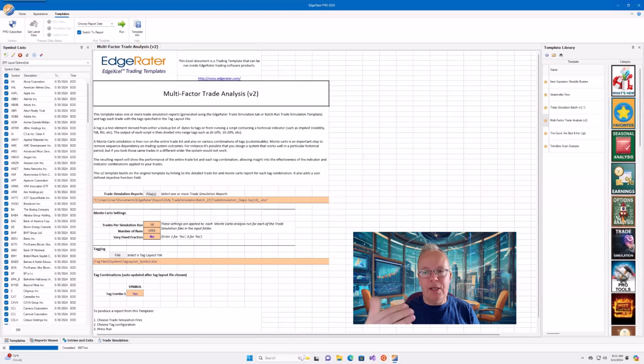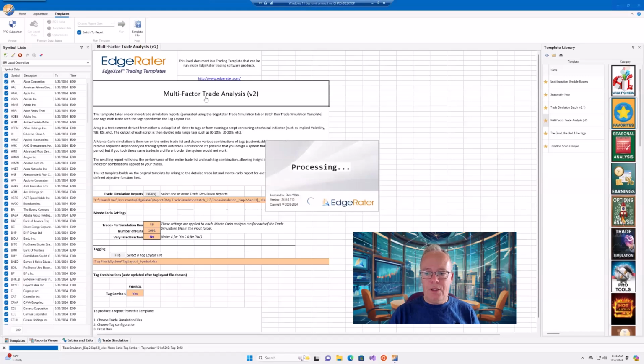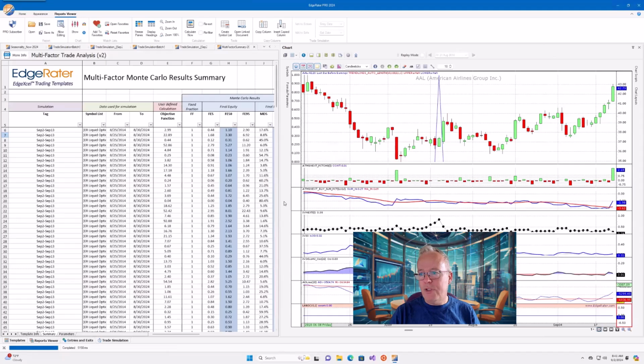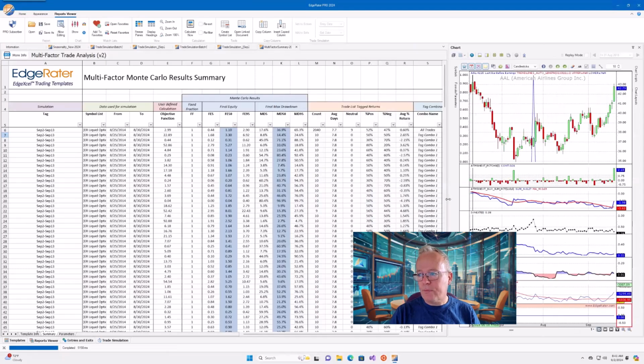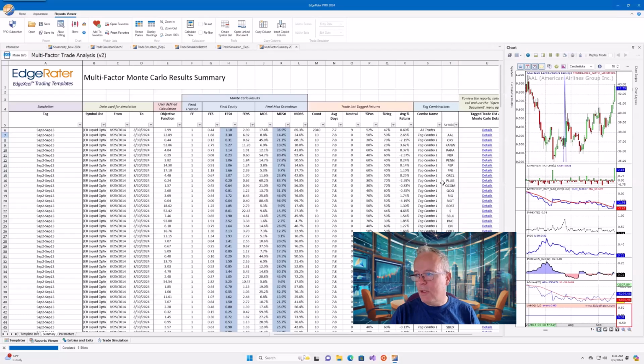That's just one list, and it's now going to go through that list and separate everything out by symbol, because I've chosen symbol here as my tag layout, and it's going to create statistics based on that. Now I press run, and you see at the bottom it's going through reasonably quickly. Now we have the final result, which has separated them all out by symbol name and gives all the stats for each of the symbols. So that's quite a good way of doing that.